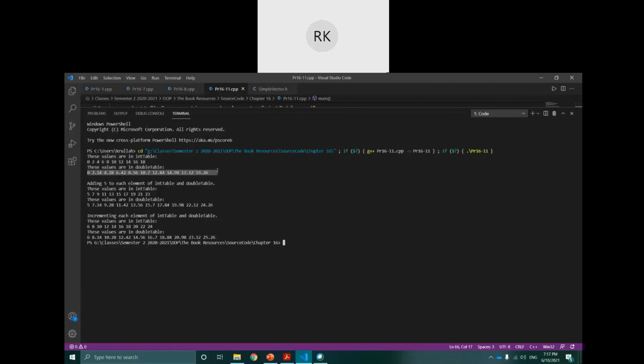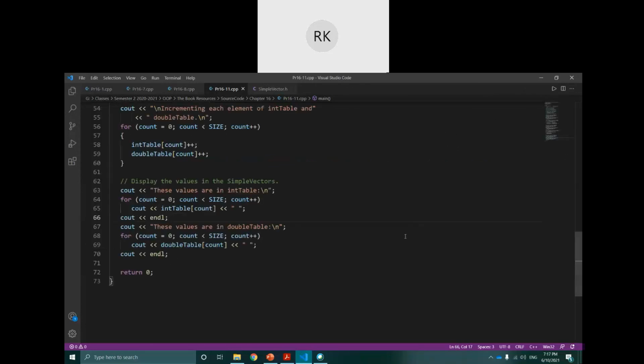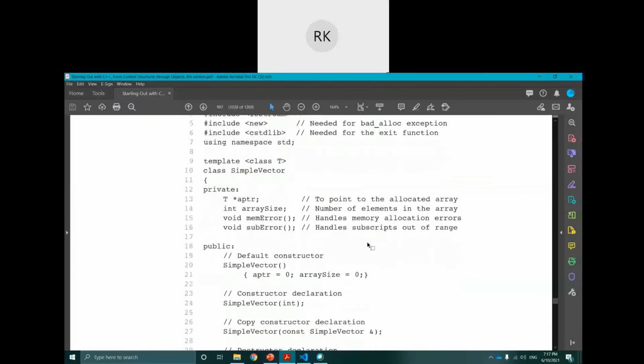You see the same double values. Then, adding 5 to each element of the int and double array: 5 plus 0 is 5, 5 plus 2 is 7. Then incrementing each element of the array by 1, so 5 changes to 6, 7 changes to 8, and so on. So this is the way to create a template: function template and class template. I hope it should not be a problem.